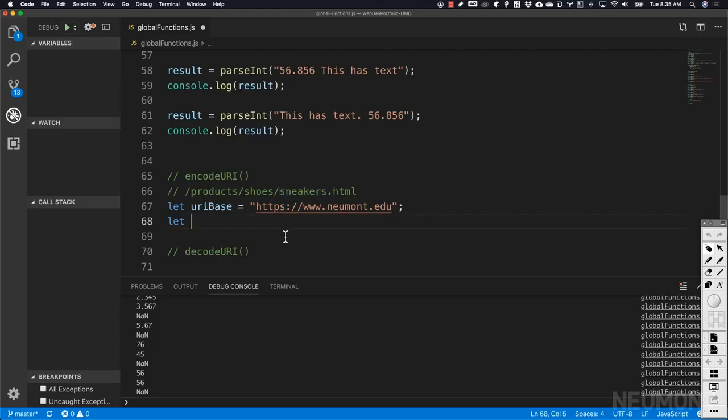So let's do that really quick. Let's say that the path, or the URI path, equals, and then let's figure out what we want it to be. So it's definitely going to be products/shoes, and then that's our path to where we want to go. And then let's say let user selection equal,